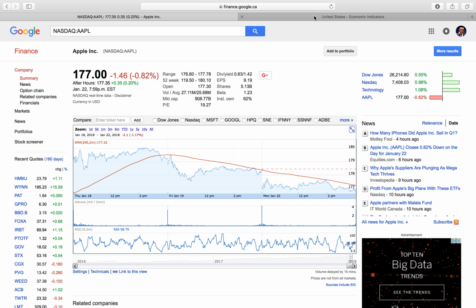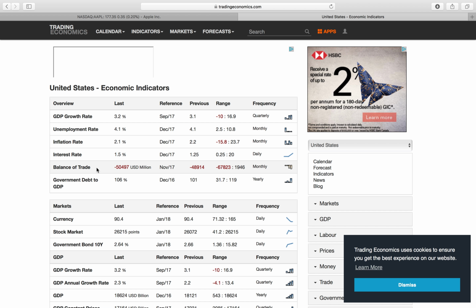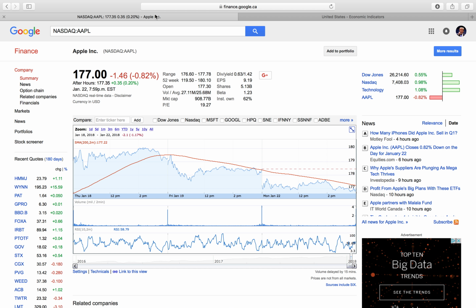So what is macroeconomics? Well, macroeconomics, as you might have guessed, is the economy as a whole. And there are models and assumptions that are made with that as well, but they're mainly bigger things. Like GDP, the gross domestic product. So all the goods and services in the United States, these are economic factors. As a whole, the unemployment rate. I'm sure you've heard of all these different things. So macroeconomic factors could also affect the microeconomic,